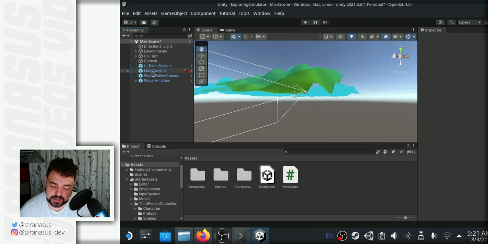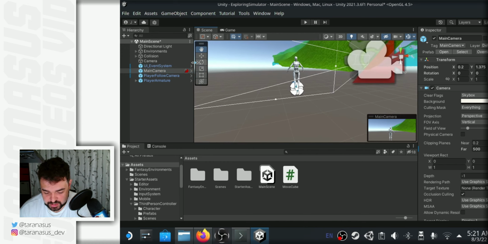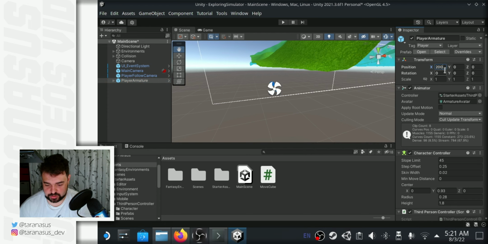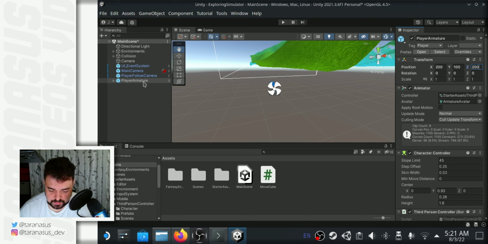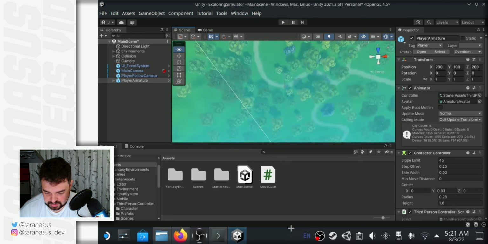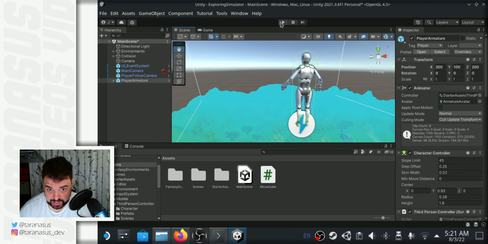You can double click Main Camera and it will zoom in your view on the character themselves. Now, as you can see, the character is not particularly anywhere in the landscape. So to fix that, click on Player Armature, who's the actual character, and under Position, type in 200, 100, 200, and if you double click on him again, you'll see that it's placed way above the world and will be somewhere in the middle. If I hit play now,